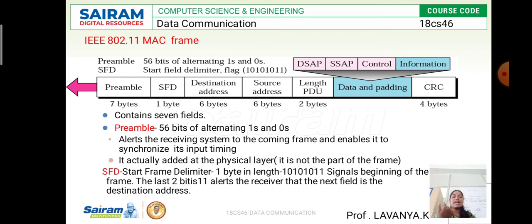The next one is SFD. The SFD is going to consist of 8-bit information, which is equal to 1 byte of information. So this is the start frame delimiter. The start frame delimiter is going to use a flag, like flag register